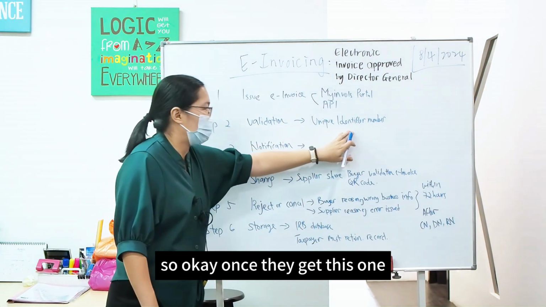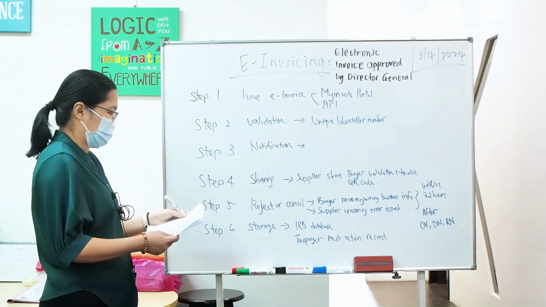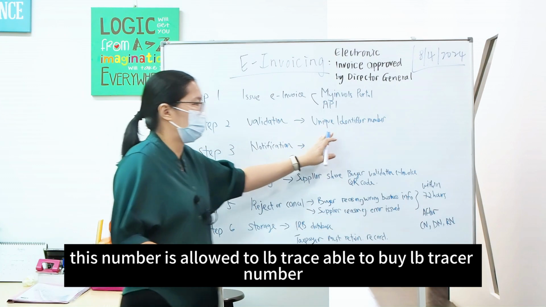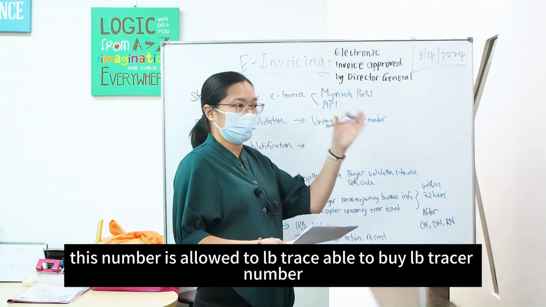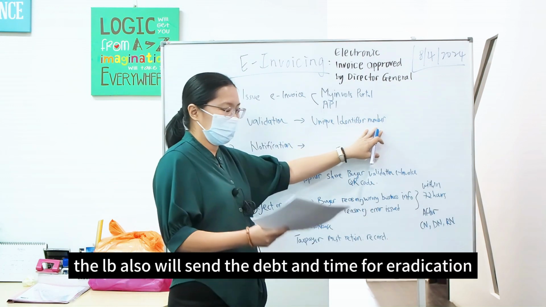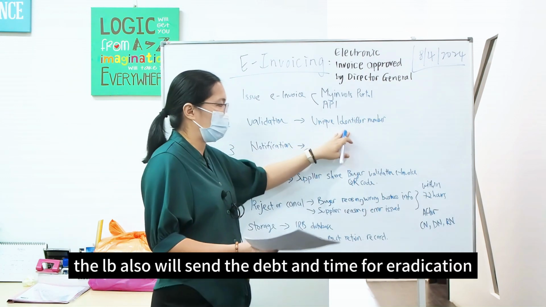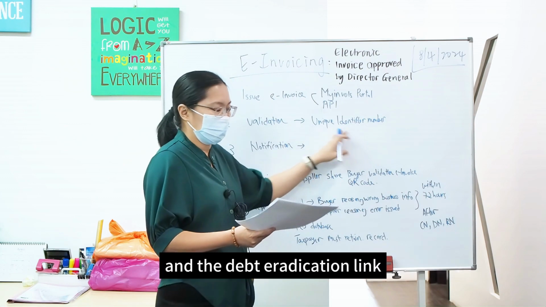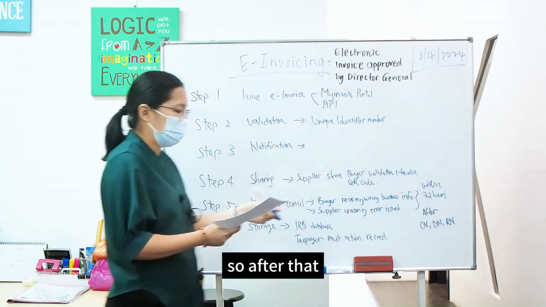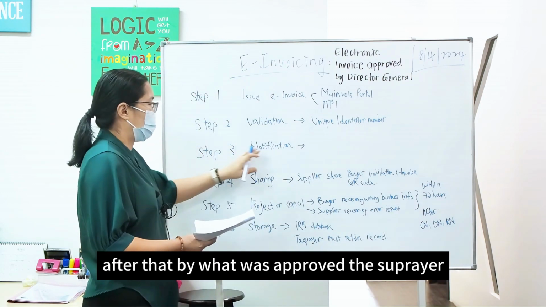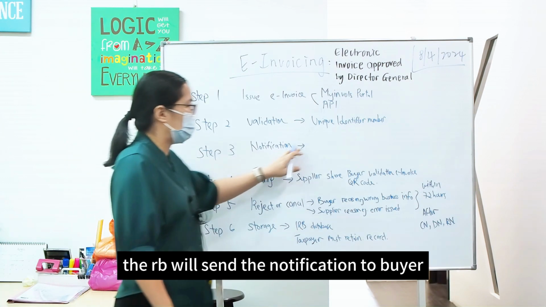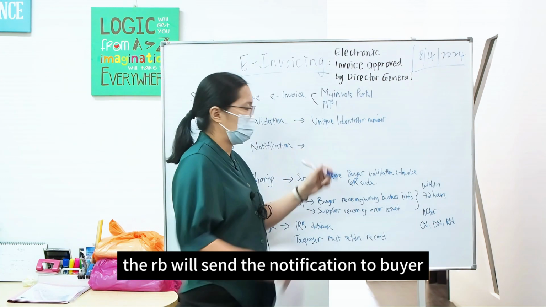Once they get this number, the IRB is able to trace it. After that, the IRB will also send the date and time for verification and the verification link. So after that, once approved, the IRB will send the notification to the buyer,